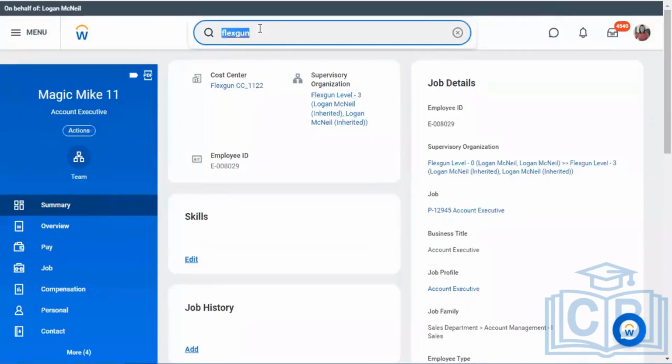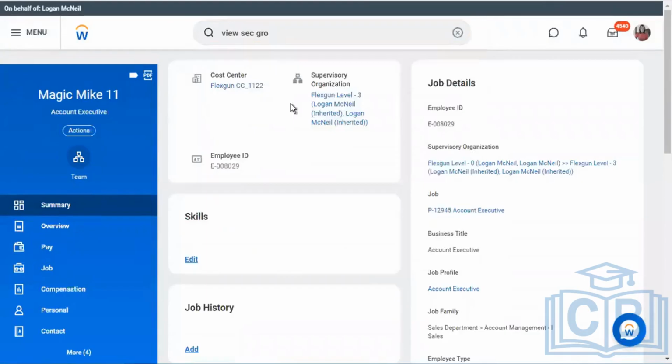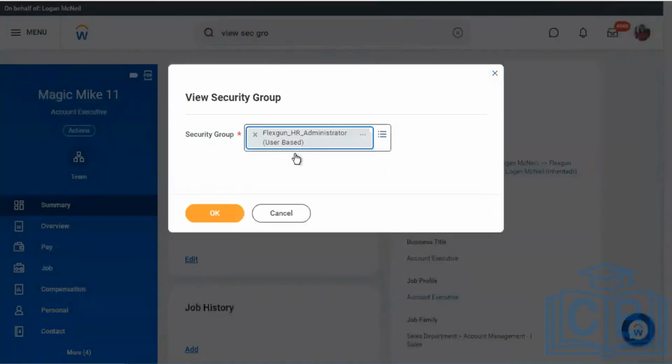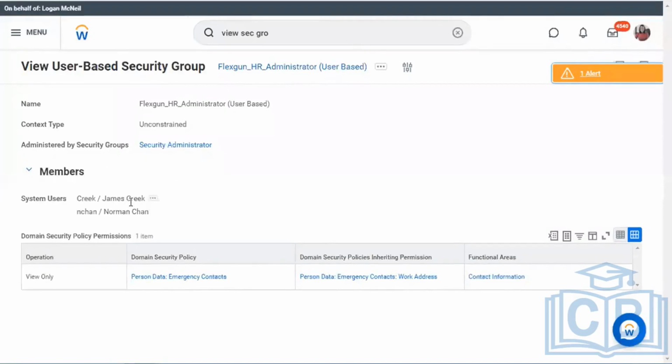To start where we left off, we created the security group yesterday, and we added James Creek and someone added Norman Chan as well.